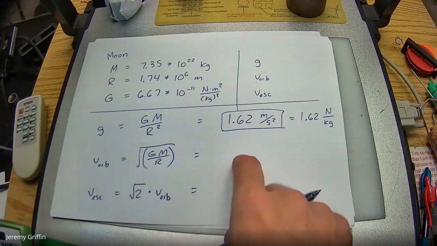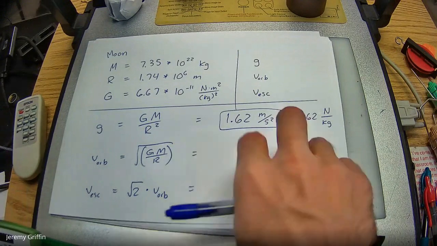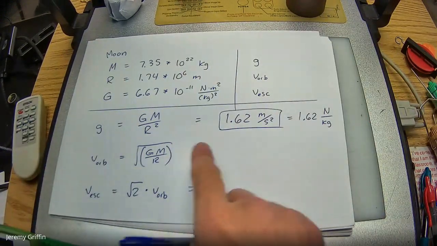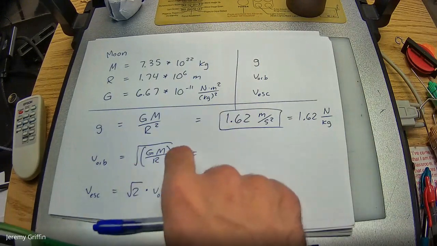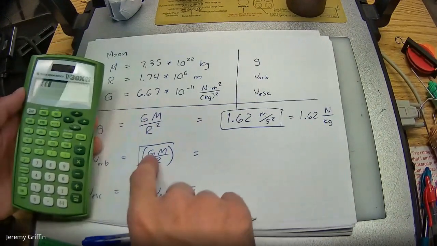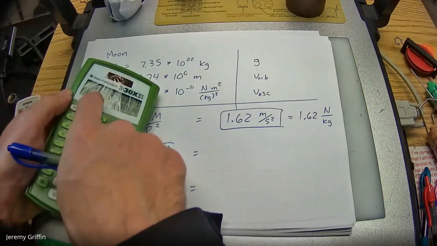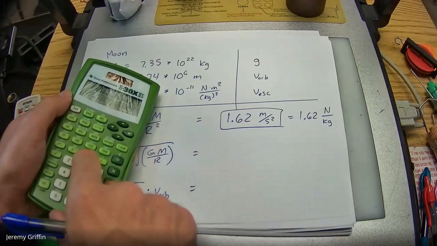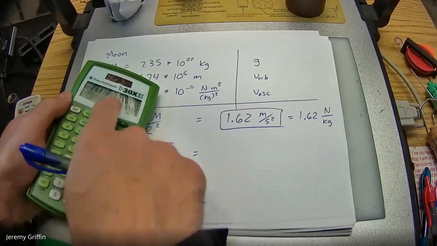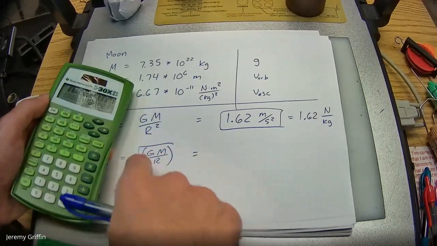So back during the Apollo missions, usually they had a couple astronauts run around on the surface and then one guy in a vehicle going in orbit around the moon. I wonder how fast that guy was going. See, square root of, I know what happened before. I closed the parentheses too fast and that ran me into trouble. It's going faster than the speed of light. So I'm gonna open up more parentheses, make sure I for sure group all the stuff under the radical.